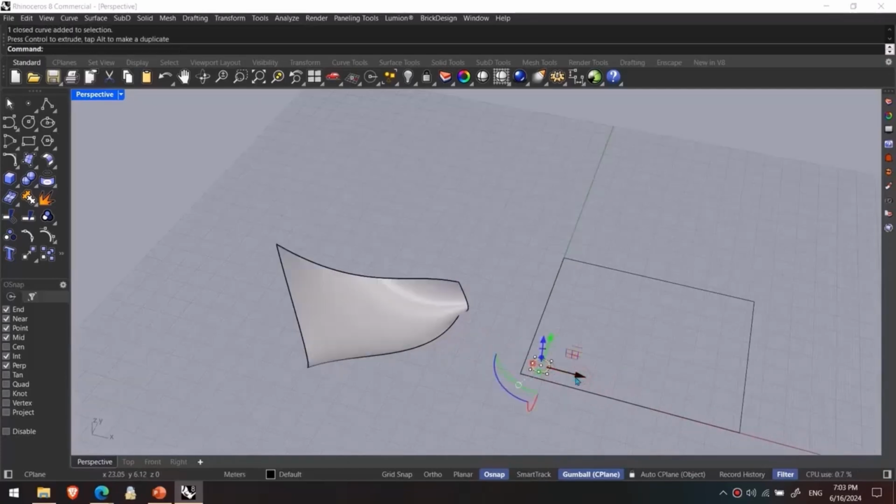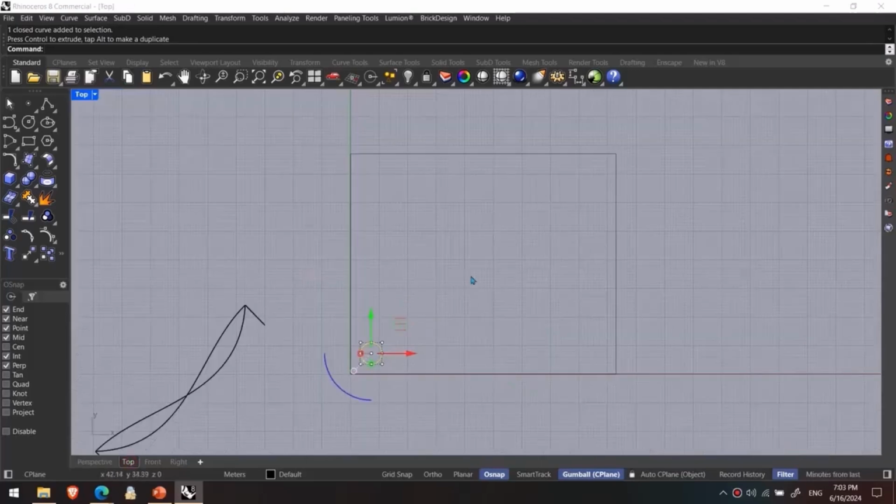Let me tell you another point. Suppose that I want to array the circle. We are just talking about some basic and simple commands. Here if I hold down the Alt button,